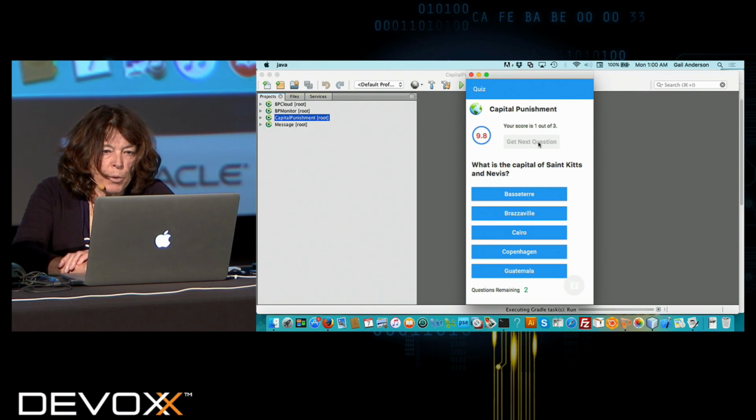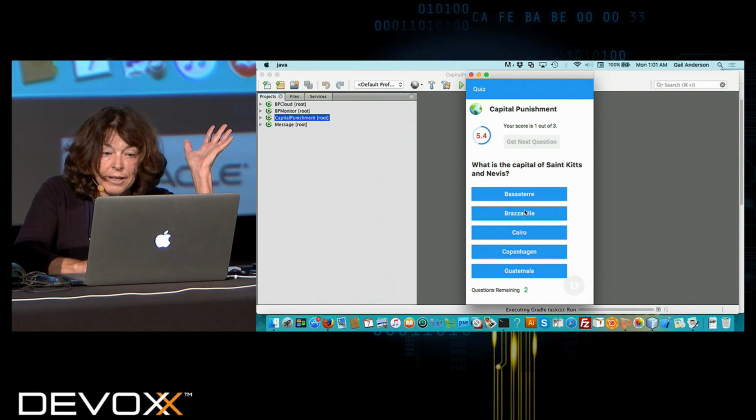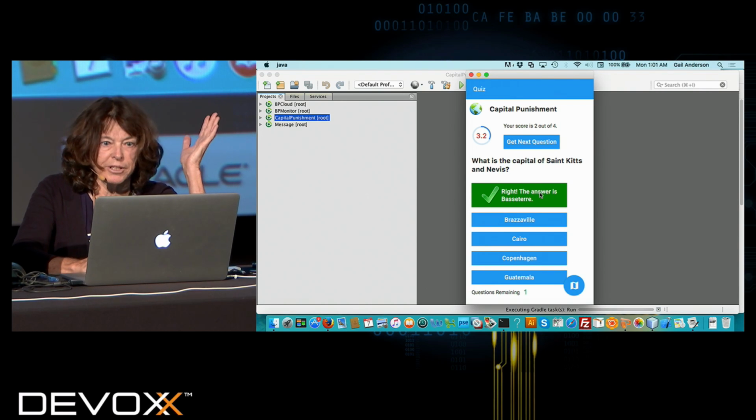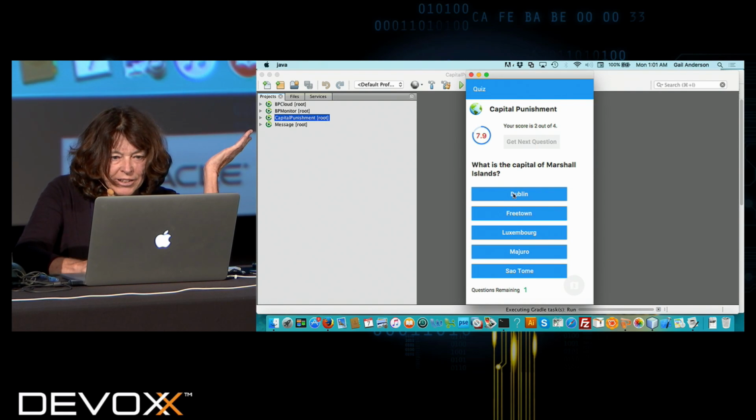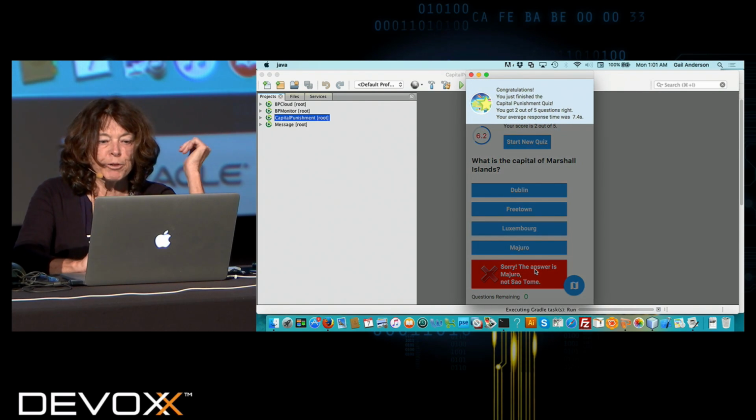All right, we're almost done. It's not easy. That's why we call it capital punishment. I've been doing this for a little bit. Okay, one more. Marshall Islands. That would be,